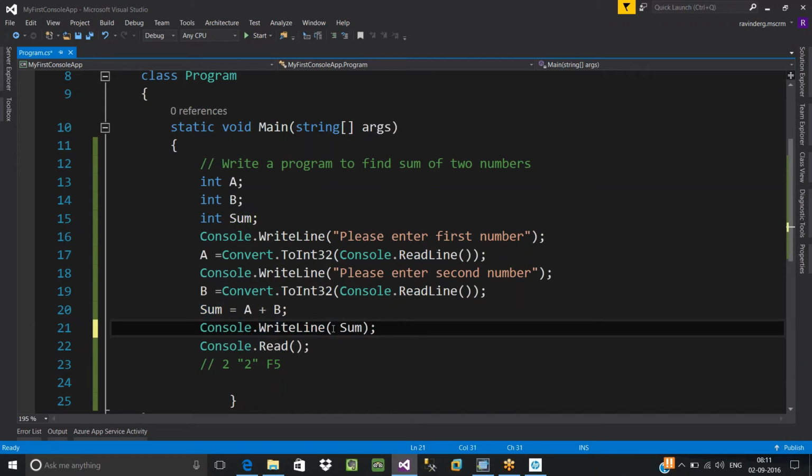So how to concatenate a message with your result? Whenever you want to concatenate a message like this, "sum of two numbers is", you can write anything in double quotes. This is our user-friendly message. Now this has to be concatenated with your result. To concatenate two strings, you have to use the plus symbol. Plus will take care of concatenating two values. Now the message will be displayed something like "sum of two numbers is", and whatever is there in the sum, that number will be displayed.